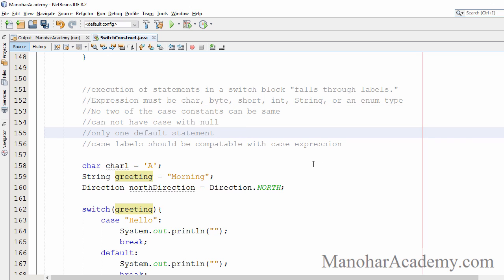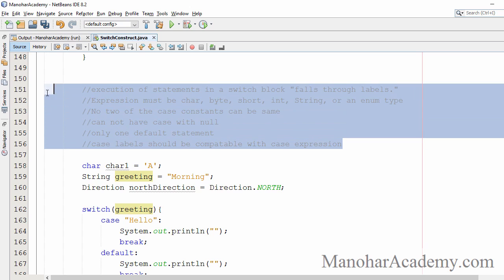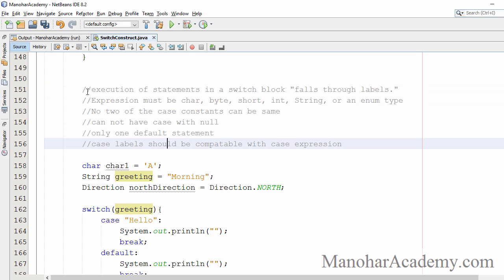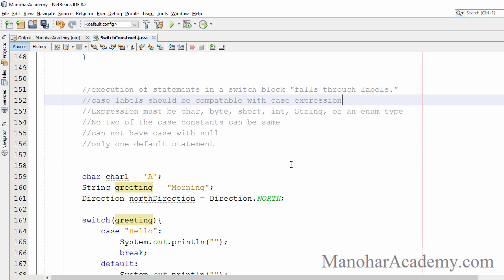These are the only six things we need to remember when we are using switch case. First one, very important: execution of statements in a switch block falls through labels. Second, case labels should be compatible with the case expression.